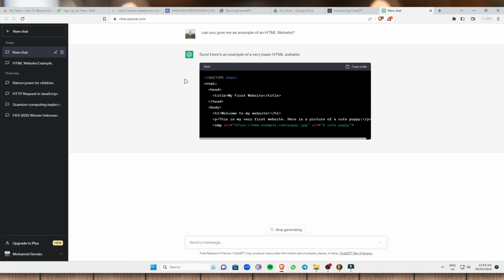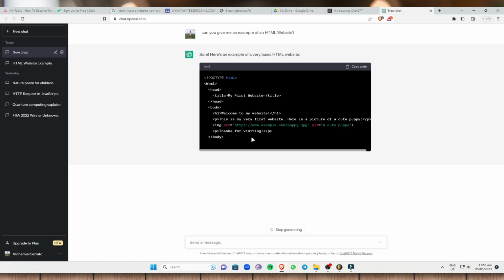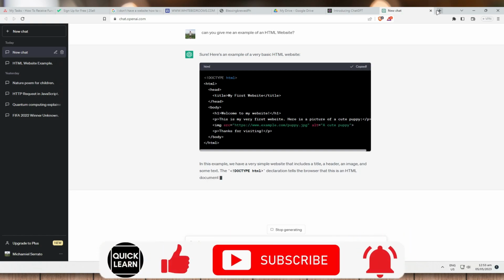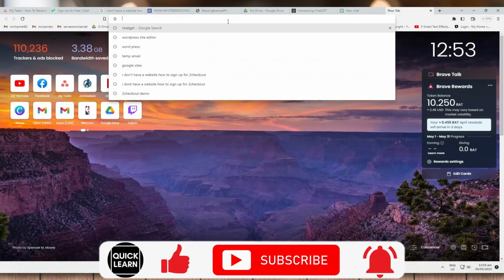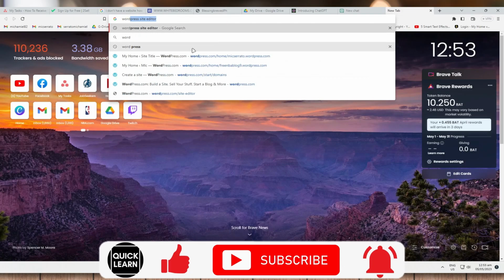So as you can see, it is still generating my code, and I use chat.openai.com here, or ChatGPT. So as you can see, it is already done. So in this example, we have a very simple website that includes a title, header, and an image and some text. So I'm just gonna copy this code real quick, and next I'm gonna go to WordPress right here,